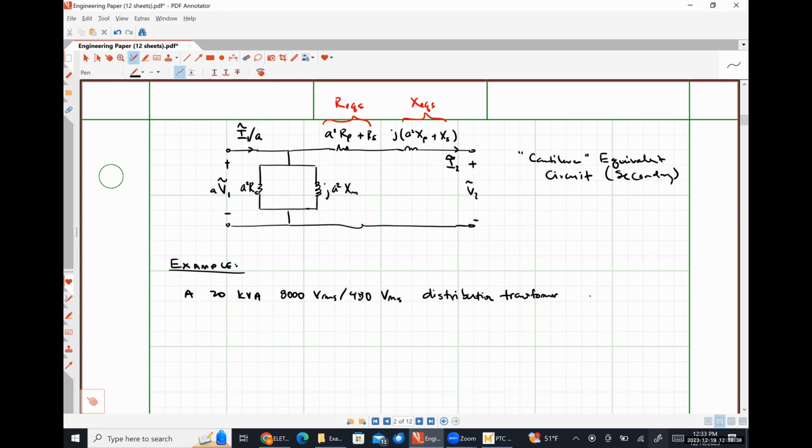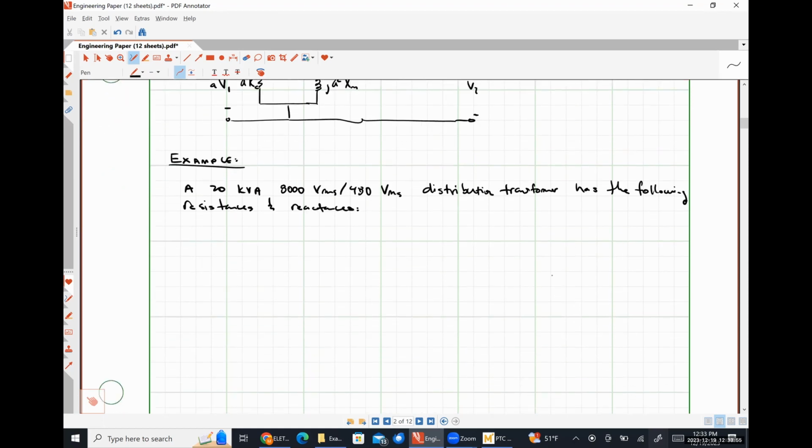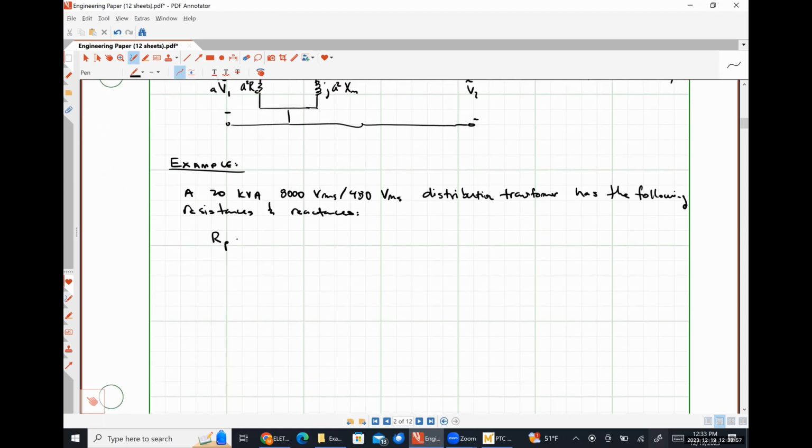And it has the following resistances and reactances. So RP is 32 ohms, X sub P 45 ohms,